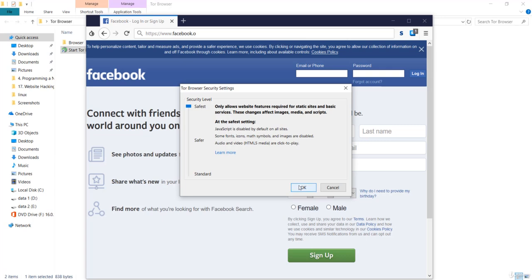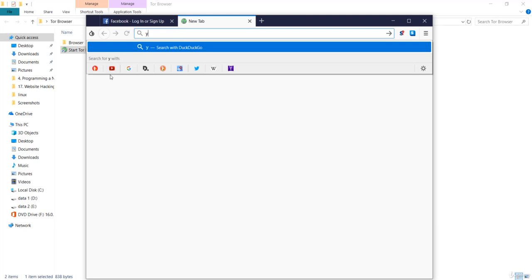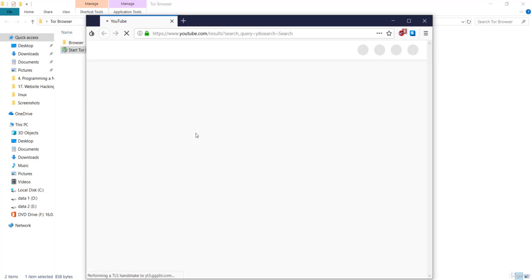So if I just press on this safest mode, and now if I just go to maybe YouTube, you'll see the drastic changes. Let me just close this tab, and it is going to take a minute to load because it has to go through different servers, so it usually takes more time than what we normally see in the case of Firefox. So let it have time to load. It is taking more time than I estimated, so let me just play it again.